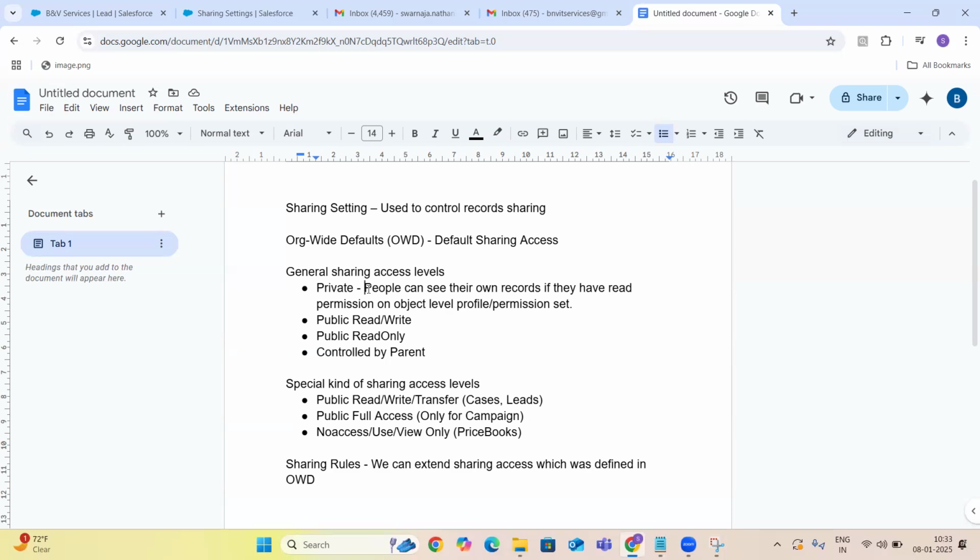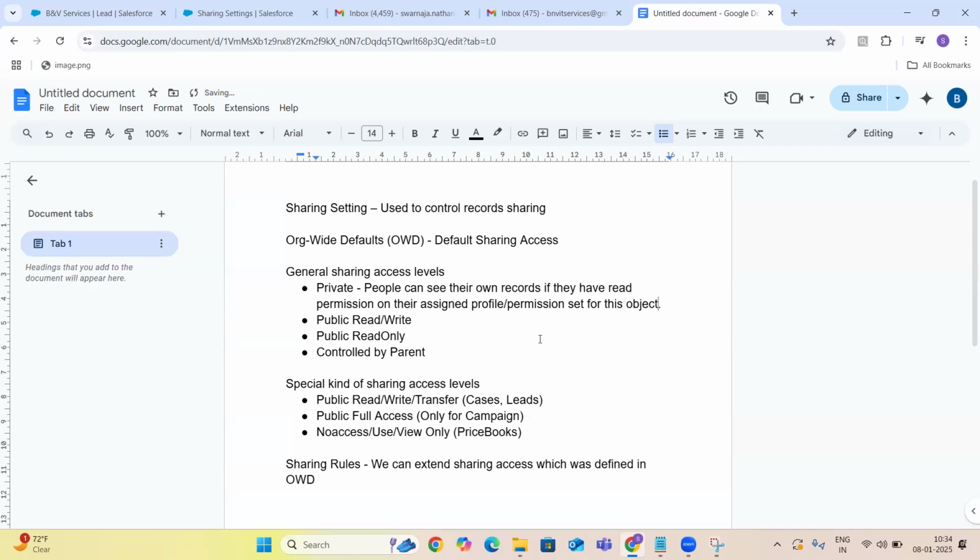People can see their own records if they have read permission on the profile or permission set, that is, read permission under the assigned profile or permission set for this object.